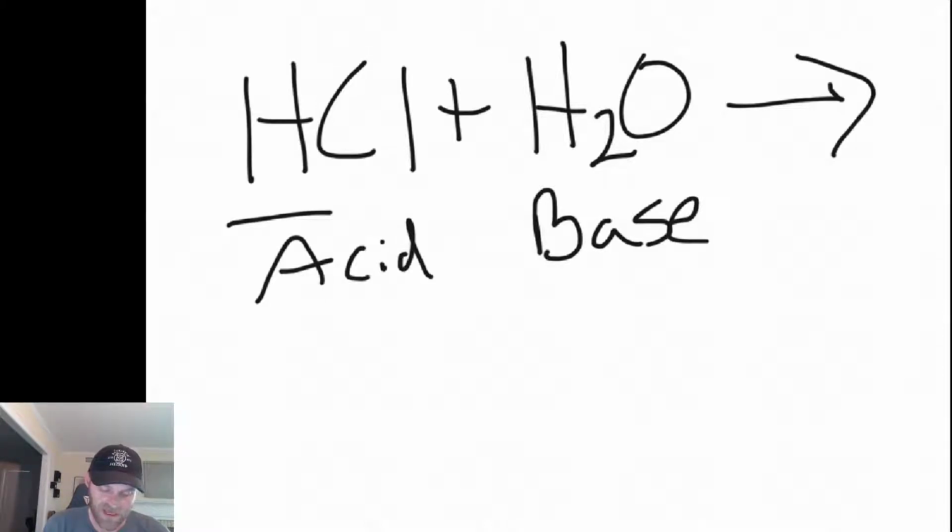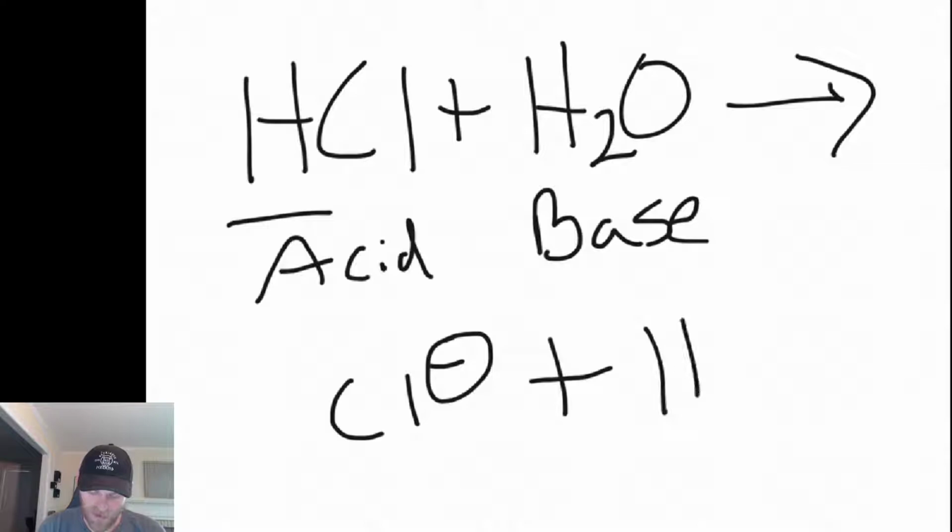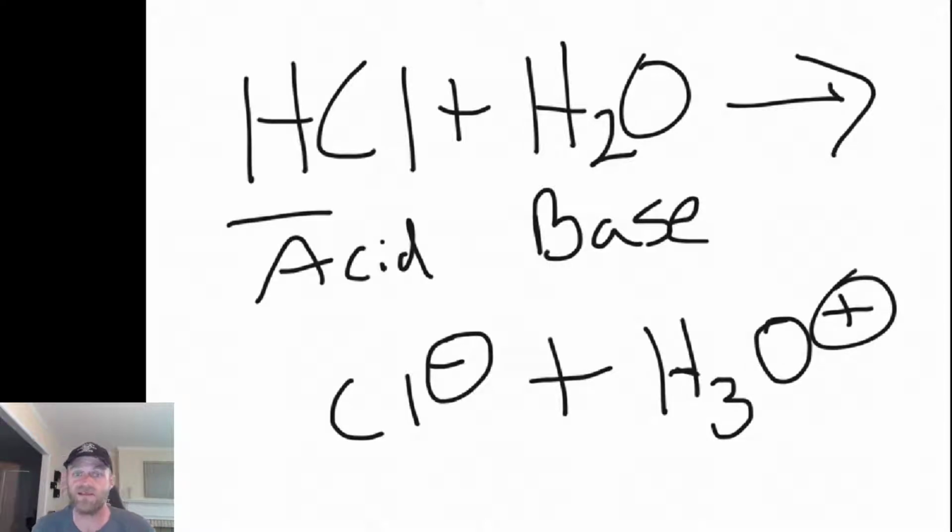On this side, I am going to have a chlorine that's by itself with a negative charge. And I'm also going to have a water that has picked up one extra hydrogen proton, and it now has a positive charge. So this is why I was talking about the charges. Remember, if it's got a positive charge, think acid. If it's got a negative charge, think base. According to Bronsted-Lowry, and we'll go back to this,